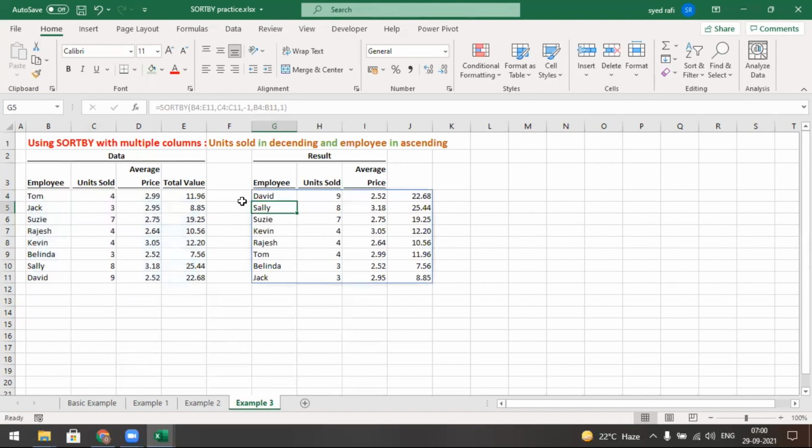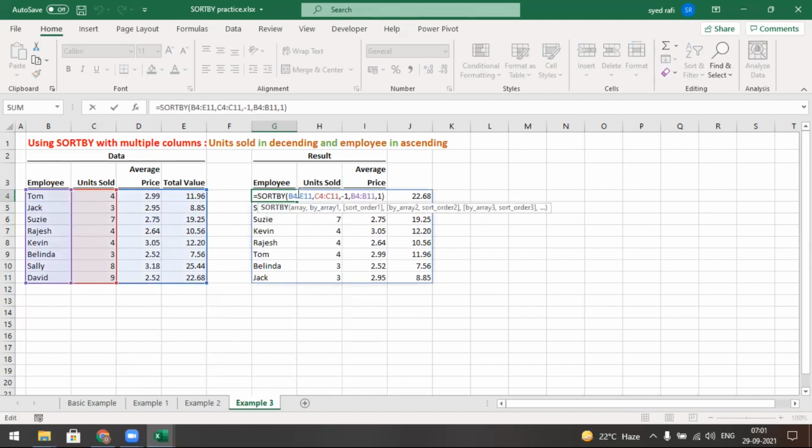Now I get this answer like this. Just do one thing: you must specify which columns you want returned. You must select those columns. If you don't want to insert this, you may select like this. If you want to display only 3 columns, you must select the first column which you want to sort and make it ascending or descending. After that you may select another column, specify whether it is ascending or descending, put a comma, and select another column. In this way you may give.